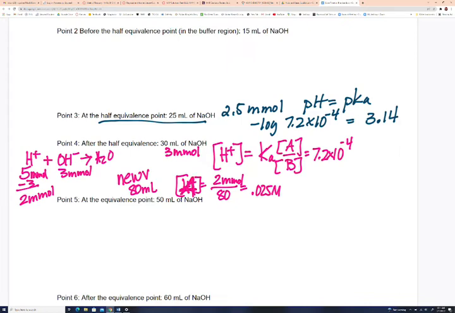And then I said H, that should have been an A. I'm sorry, that's an A. I don't want to confuse you, and I probably just did. I apologize. And then our base, of course, is the 3 millimoles over 80, which is